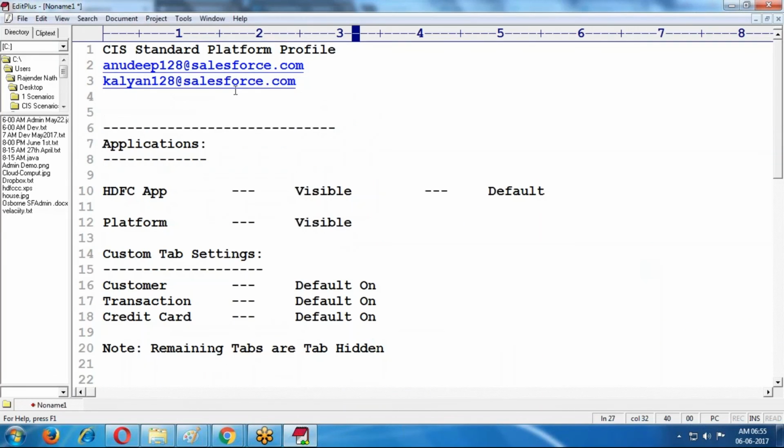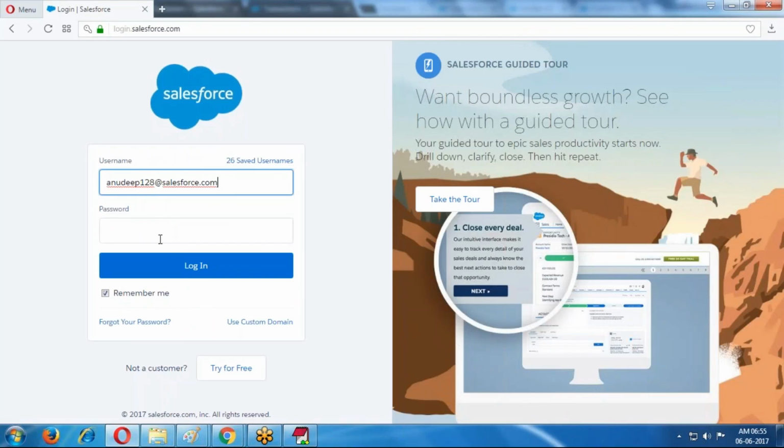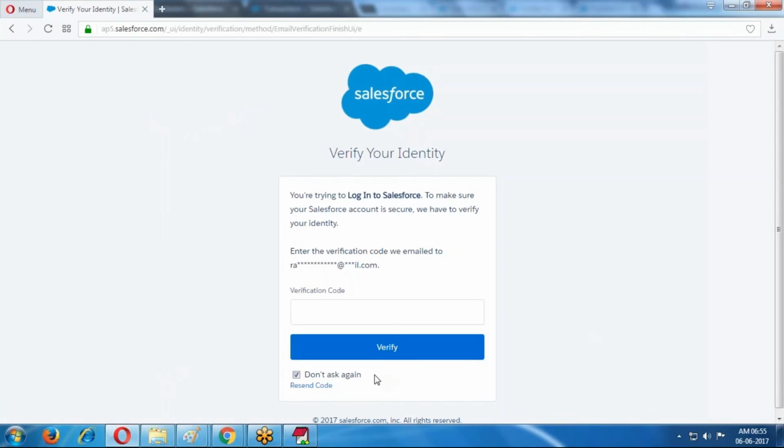Anudeep is the user. For Anudeep also, we get the same permissions.